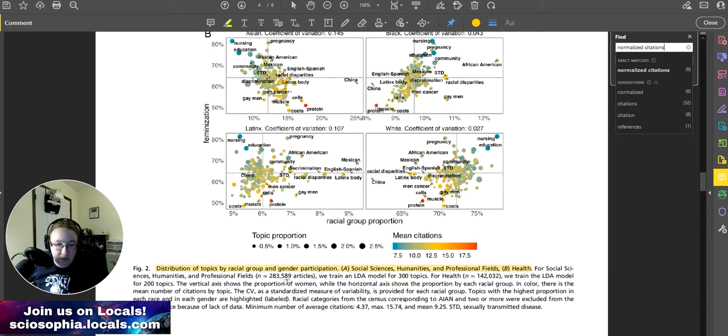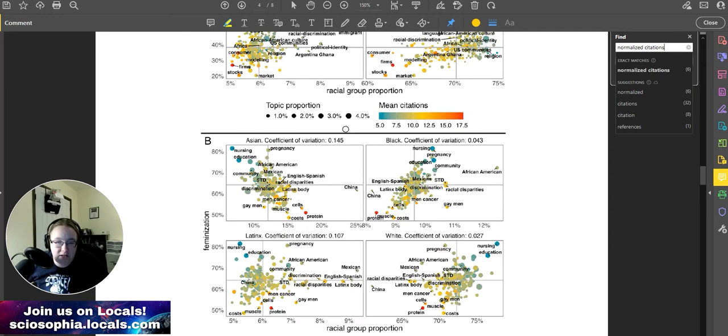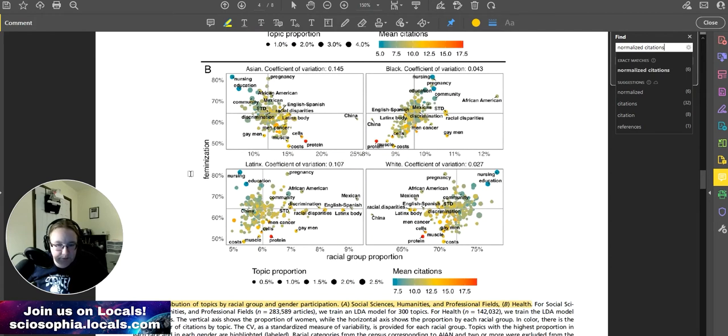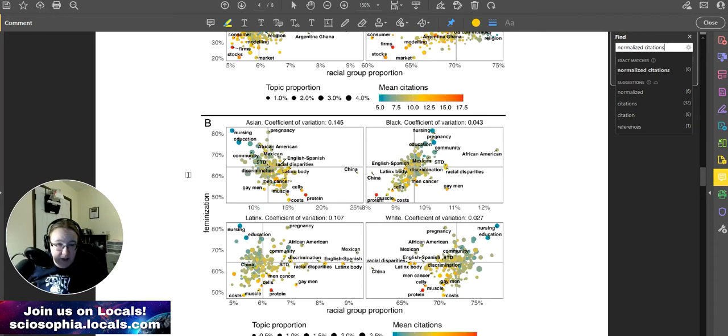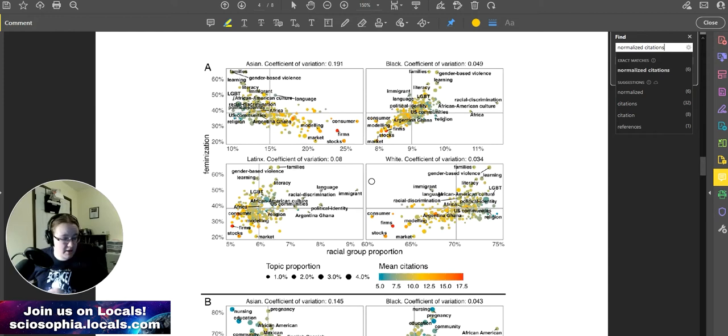Distribution of topics by racial group and gender participation. Social sciences, humanities, professional fields, health. In here, and basically what these are actually saying in here, and again, this will be linked for you. I encourage you to go read it if you can, and let me know if you have a problem. I will put it in locals for my locals members, my PDF copy of it, if you have a hard time finding it to read it. But